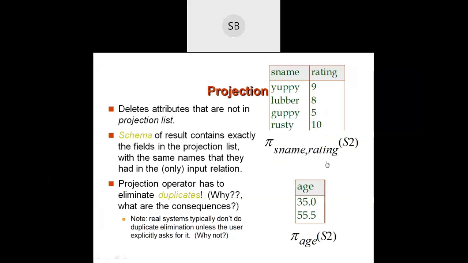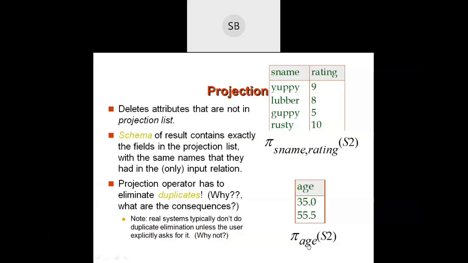Only those columns' results are displayed for the S2 relation. Suppose you have to display only age: pi age in brackets S2. So delete the attributes that are not in the project list. Only those attributes present in the list are displayed.